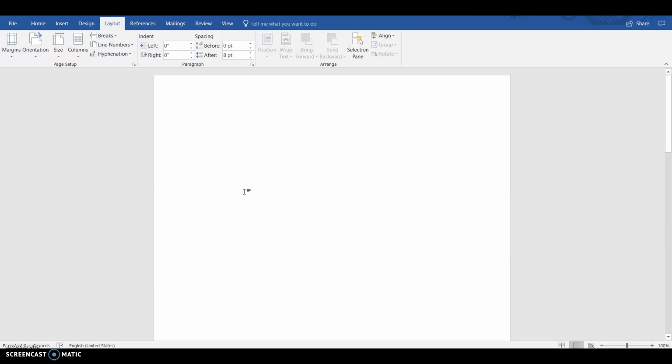Hi everyone, for this tutorial I'm going to be teaching you how to take a typical page in a Word document and change it from portrait to landscape, while the other pages are in portrait orientation. So the first thing that we're going to do is we need to have some words on